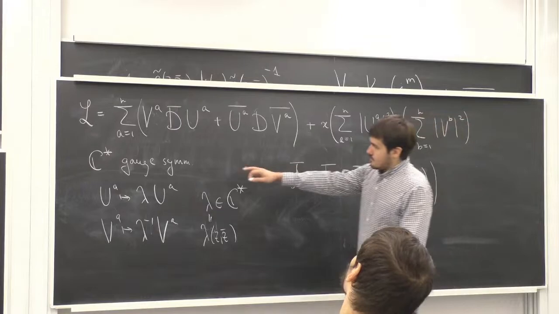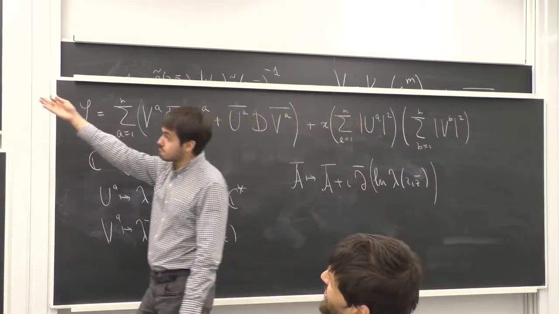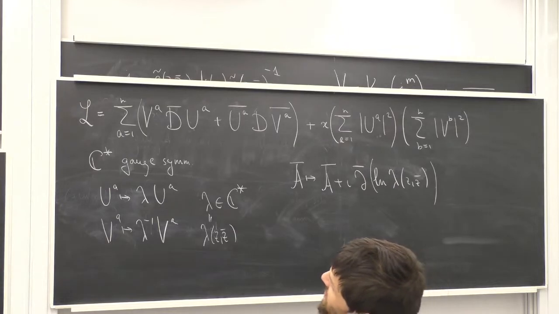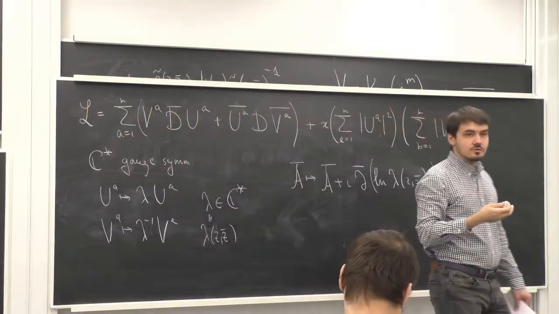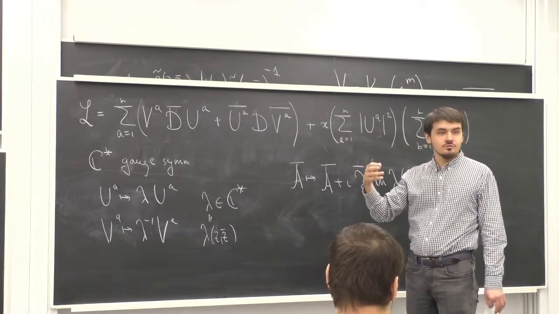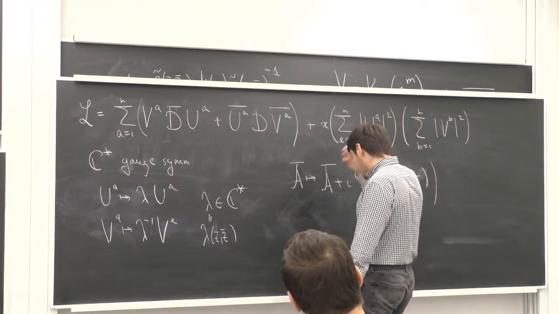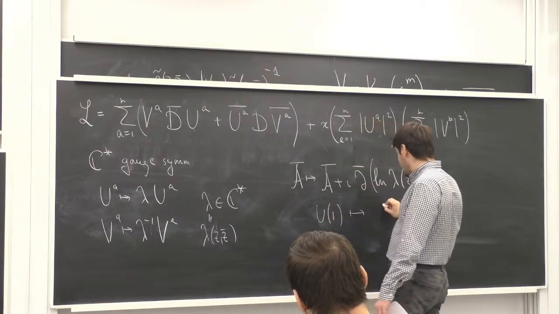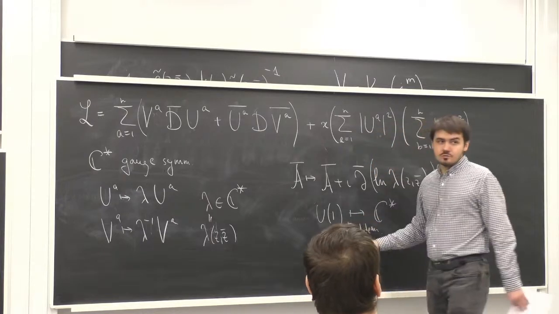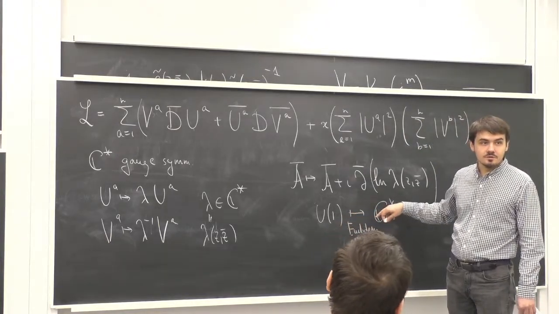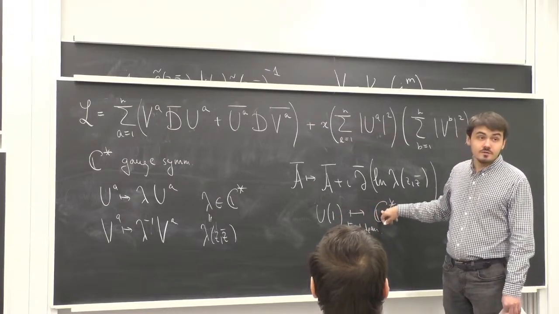But it's actually rather non-trivial that this is a gauge symmetry, because we actually started with U1, we introduced a U1 gauge field. But the point is that this theory is chiral, and in Euclidean signature there's some special thing that happens. In Euclidean signature, chiral symmetry is the complexification of the non-chiral symmetry. So if you have, say, a U1 charge symmetry, this becomes C star in Euclidean signature. In Minkowski signature, this would become U1 times U1. But in Euclidean signature, it becomes C star. And if you have, say, SU(N), it becomes SL(N). And we actually do want this because ultimately